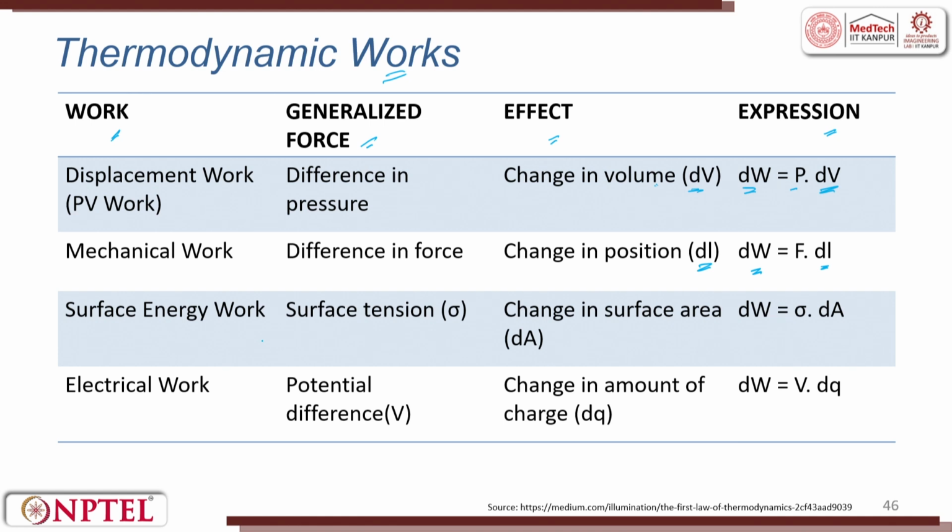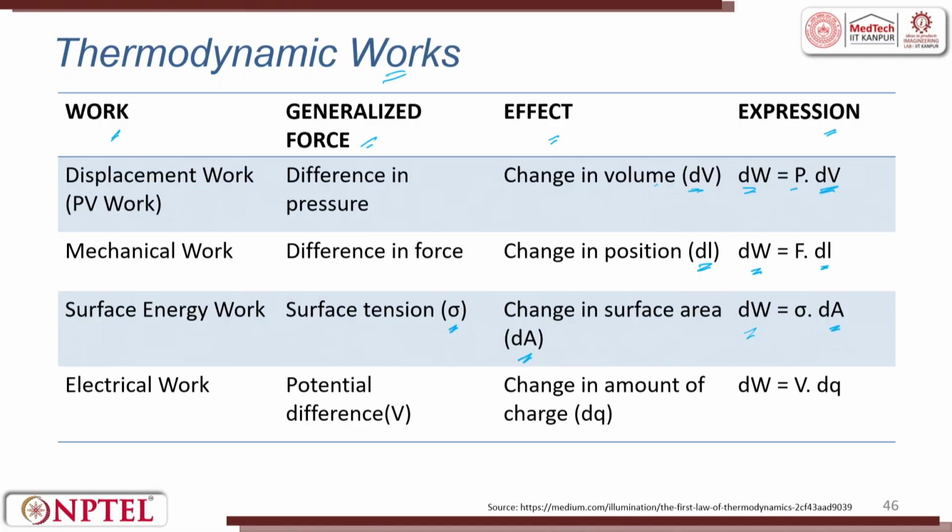The surface energy work is nothing but surface tension. The change in the surface area is dA. So the work done will be delta W is equal to surface tension into area change. For example, you take a cup and keep it in the open atmosphere. Now you take the same tumbler or glass or a paper cup and immerse it 20 feet down into water. You see the amount of pressure exerted on the surface. Now it shrinks. Now you go 100 meters down, it becomes a very small cup, right. So that is nothing but surface energy work.